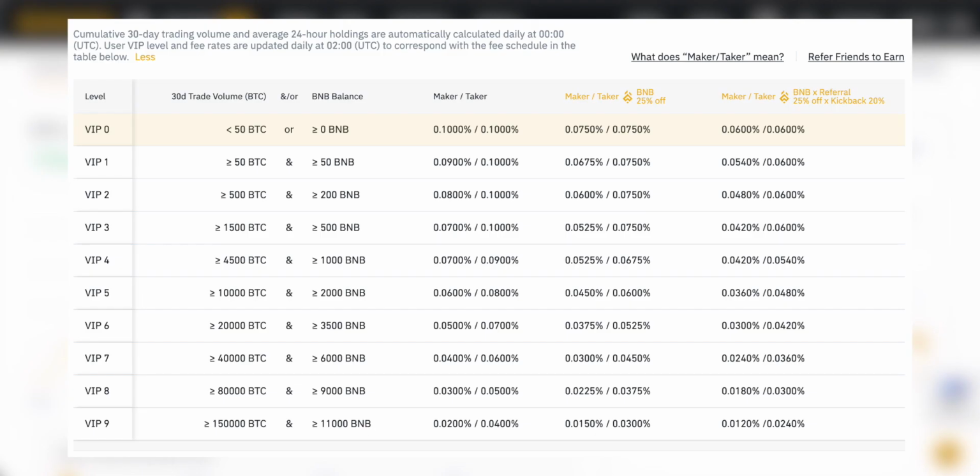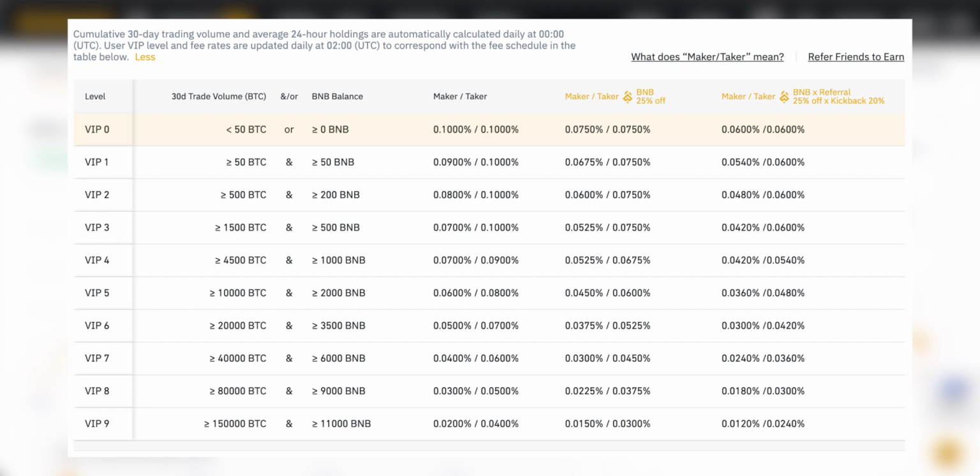I'm just going to chuck the Binance fee schedule up on screen right now so you can have a look. When you buy via a credit card, it is usually more expensive. You might have to pay a credit card fee. Binance, though, does have some of the lowest fees of any exchange. You'll be paying about 0.1% usually for trading, and with a 25% discount, if you pay your trading fees in Binance Coin or BNB, you'll be paying as low as 0.075%. These are extremely competitive rates.